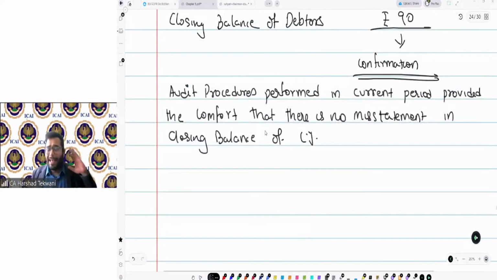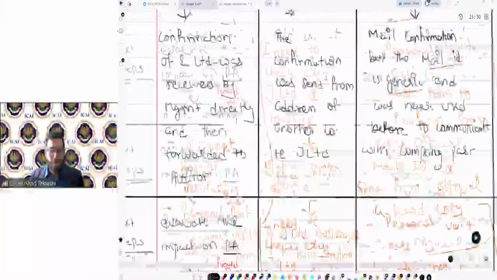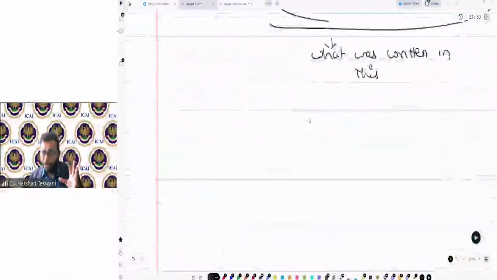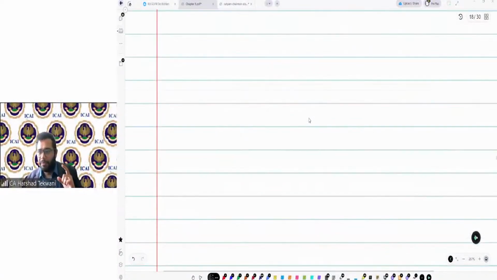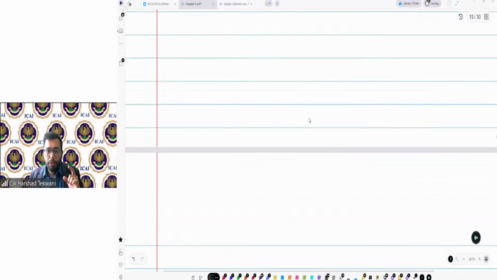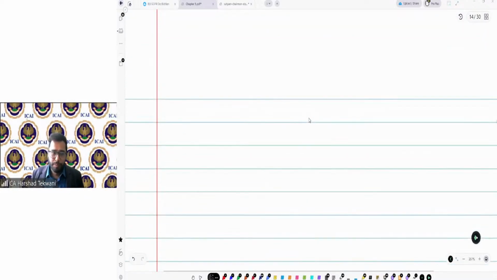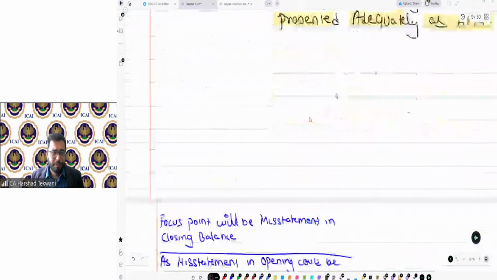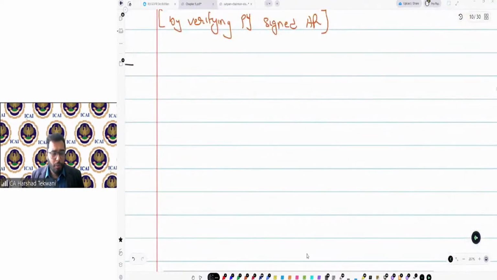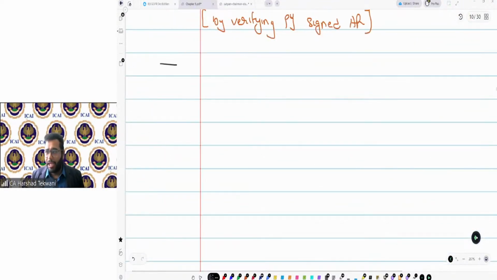Let's say, hypothetical example, your current year audit procedure is not giving you comfort. This particular current year audit procedure is supposed to give you the comfort, but if it is not giving you the comfort, then there is a problem for me. So in that case, I'll also tell you what to do. Let me go back to that particular one. So first of all, I need to see whether